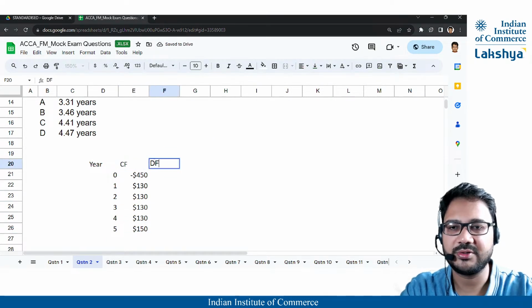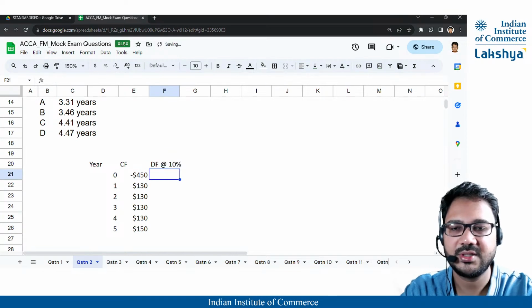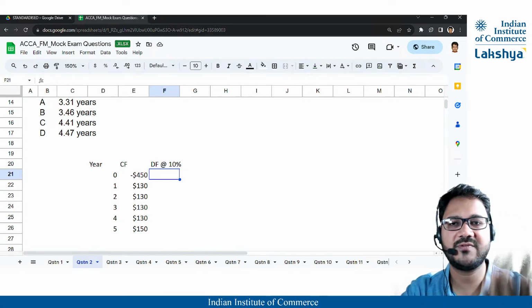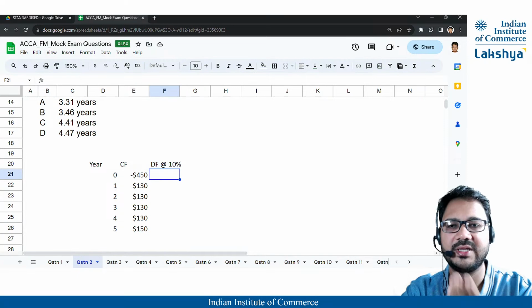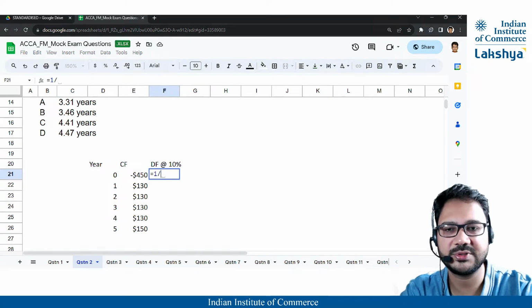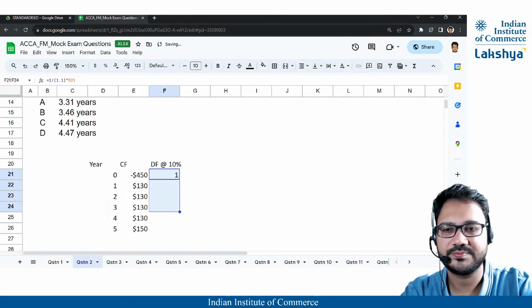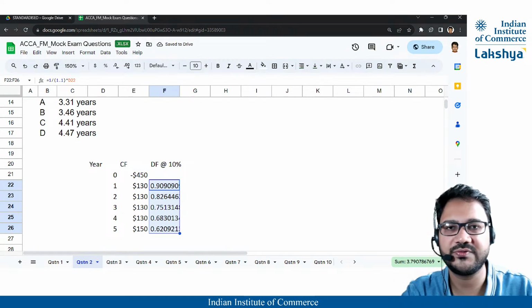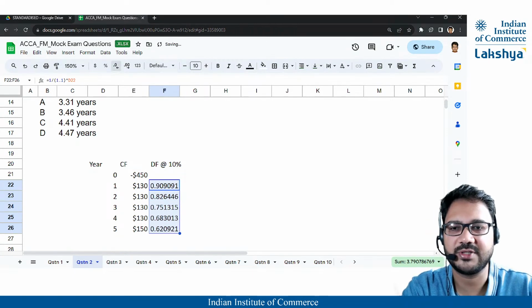Right? Then discounting factor at a rate of 10%. Now, in the exam for section A, you are not given access to a spreadsheet. However, you have a discounting factor table. So in an exam, you could just take help of the factor table and find these values and multiply the cash flows with these factors. But here, since I don't want to open many tabs, I'll just quickly calculate it. Raised to n, so n being this. Now year 1 is already in present value. That's why even if you see the discounting factor is 1 because it's already present value, but we don't write it.